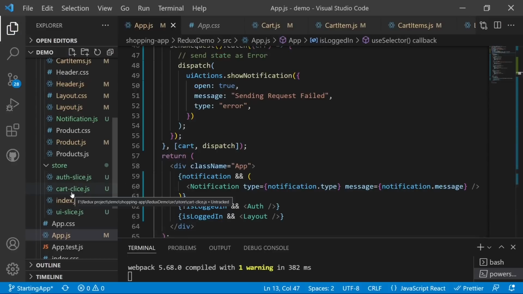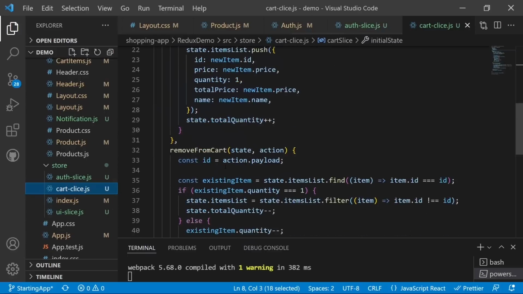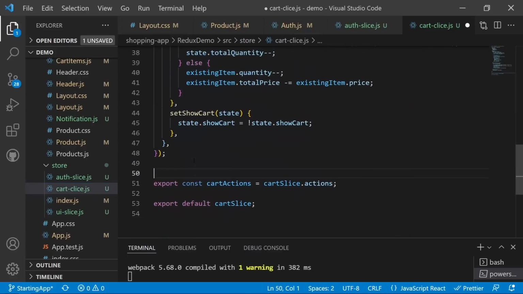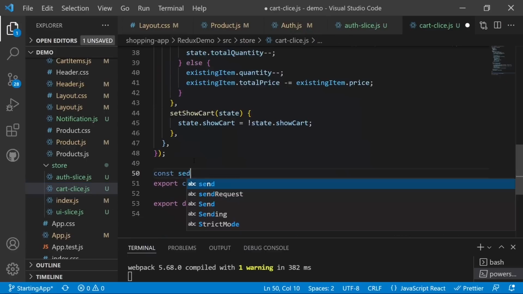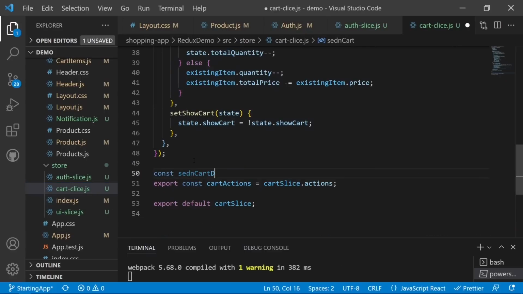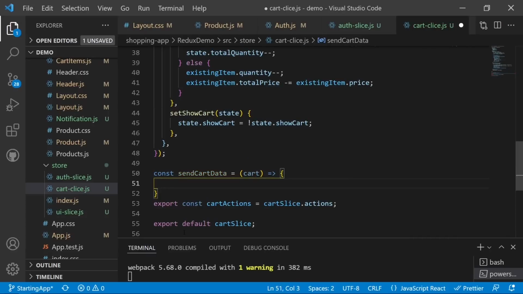So we need to go to the cart slice, and then we need to create here, after the reducers, a function like sendCartData. Now sendCartData will be equal to a function which will receive a parameter, the cart. Now we will see from where we will call that, but for now we will just stick to the implementation of this sendCartData, and then it returns another function as we have discussed,